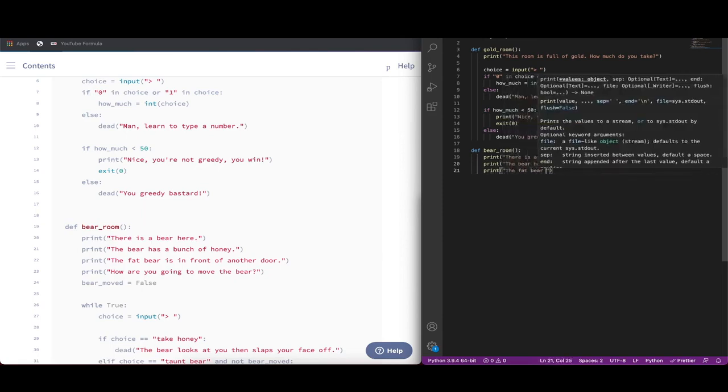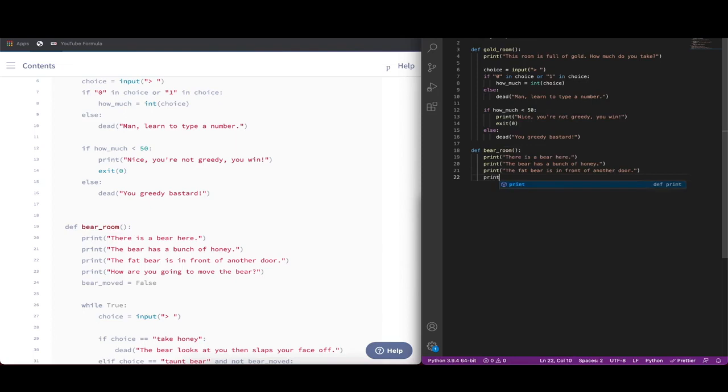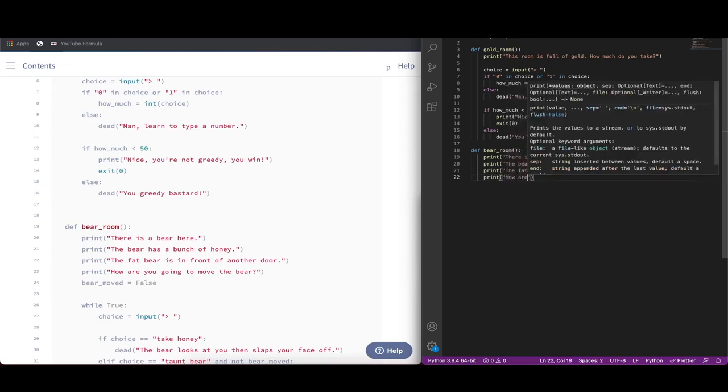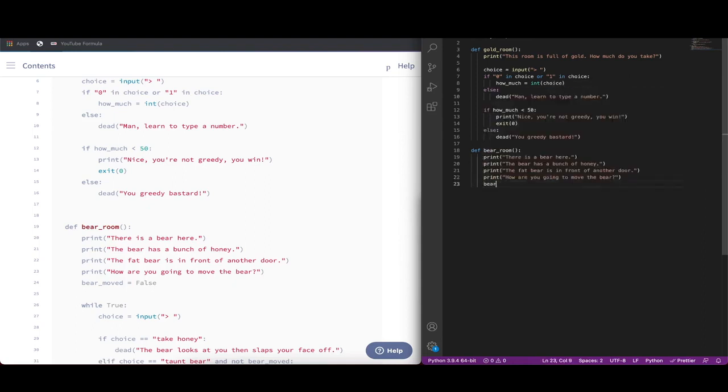The fat bear is in front of another door. And then how are you going to move the bear? Finally, we're going to set bear moved to false, so to a Boolean value. And while true,